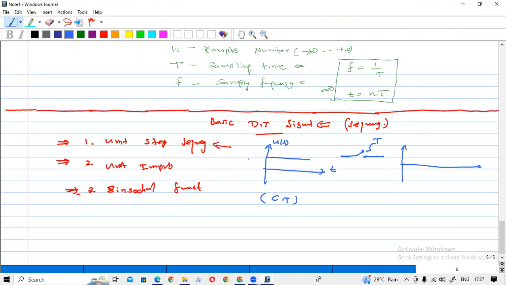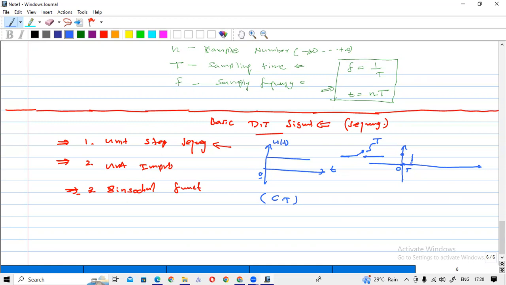Let's say that you are starting from 0. So at 0 you are getting the first sample. Actually, we refer to this as the 0th sample. If any sample is here, it is the 0th sample. Now you have this sample, then after t time